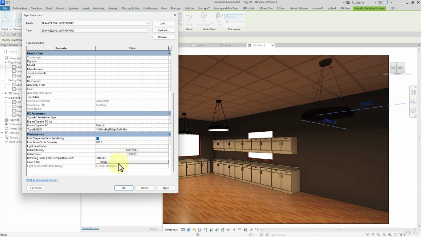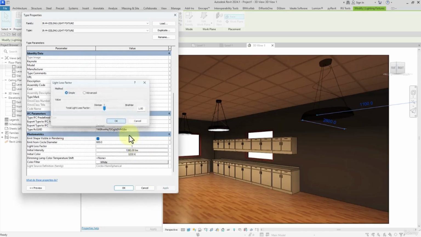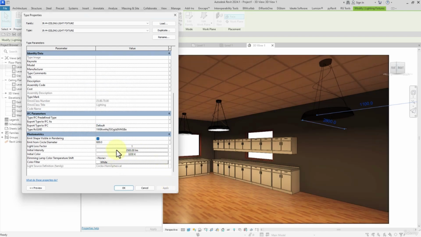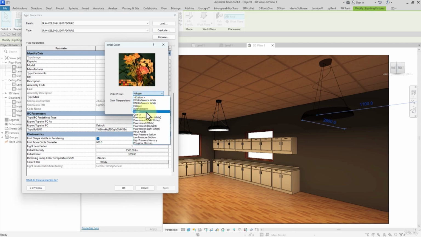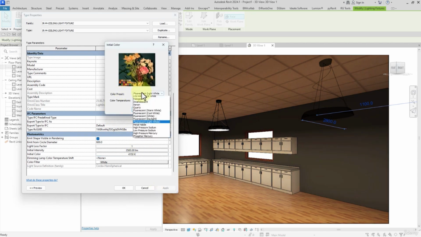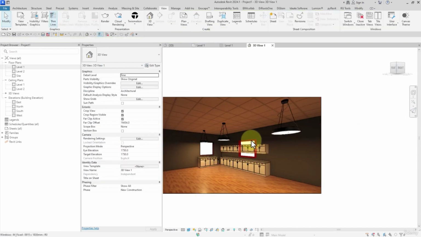Then for the color I specify red, watch this, or white, and then again in this part 3500, apply, or I can move down and then set it to moonlight or whatever lights you want this way. This is the final result,